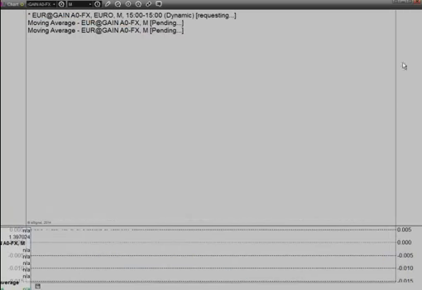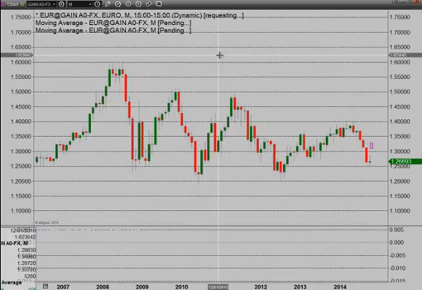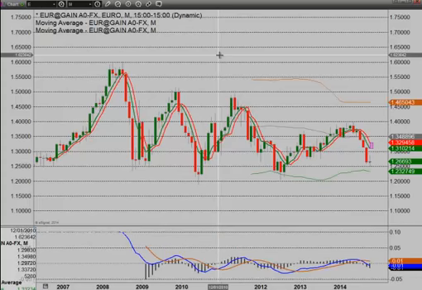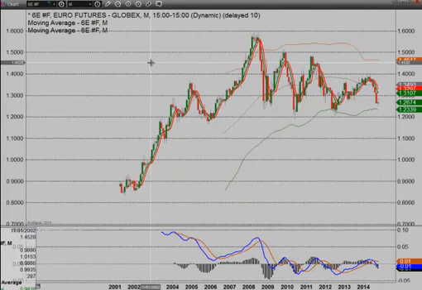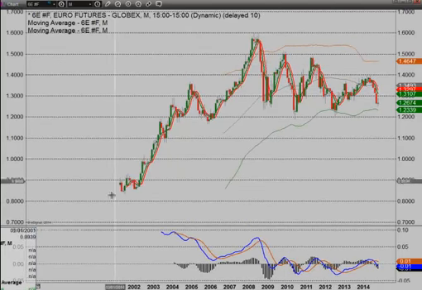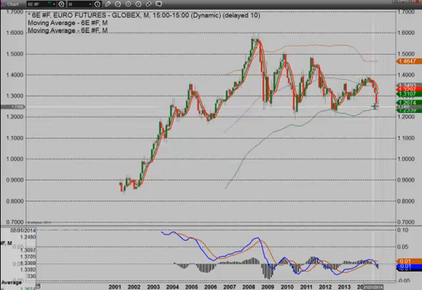Realistically, let's look at a monthly euro chart here. We have to go out to the futures really to get scale here. The euro's come a long way since its inception. I remember when the euro was trading in the 80 handle. Now you're all the way up here at 126. So we think there's plenty of room down below.